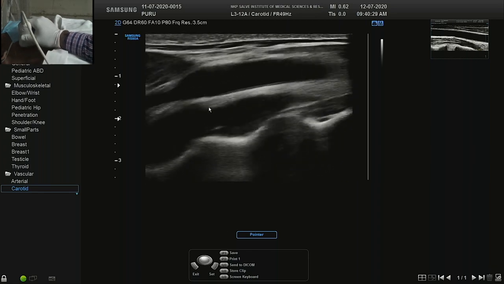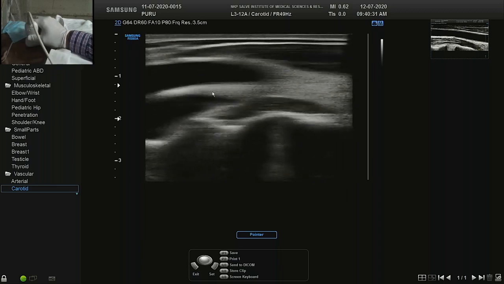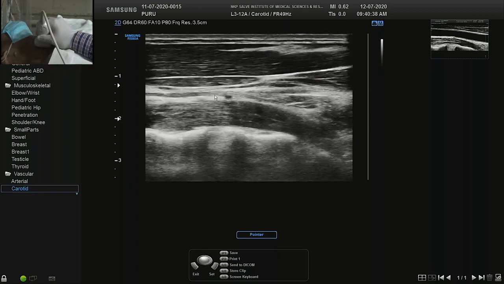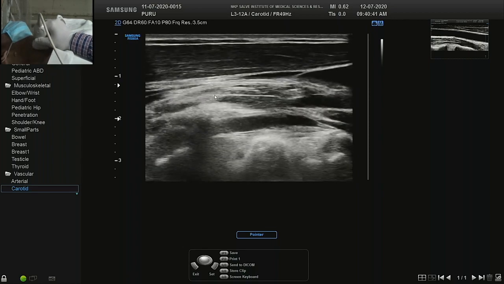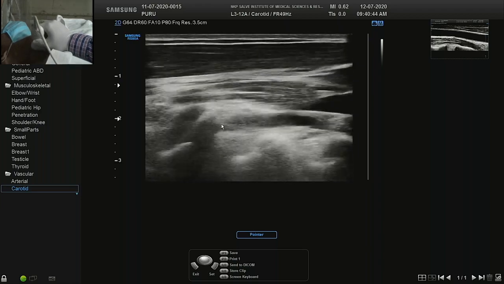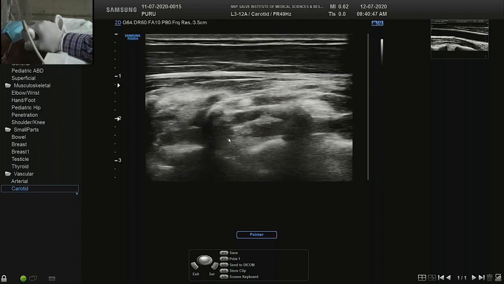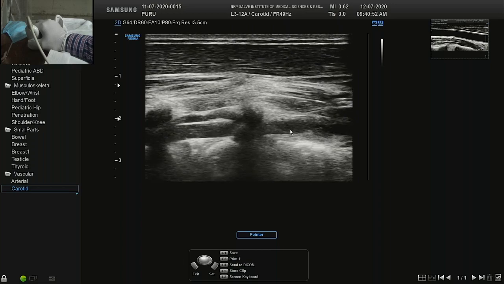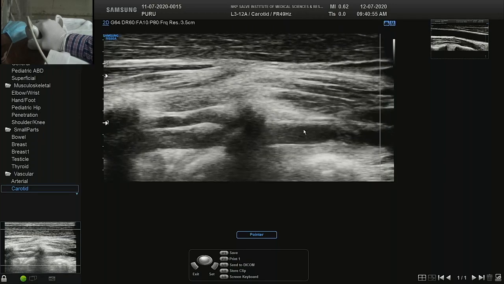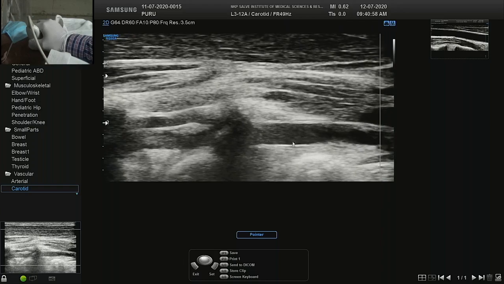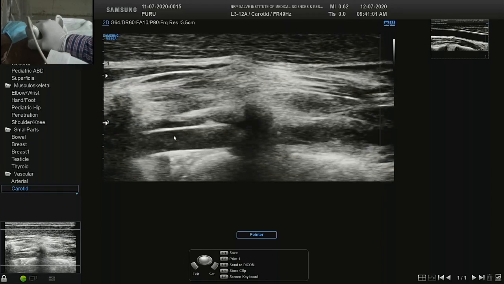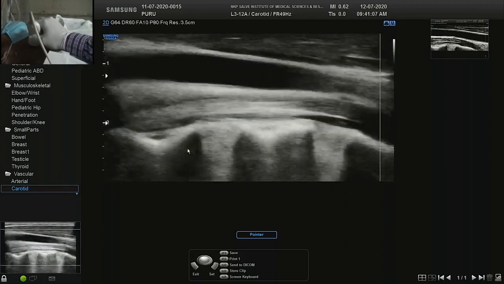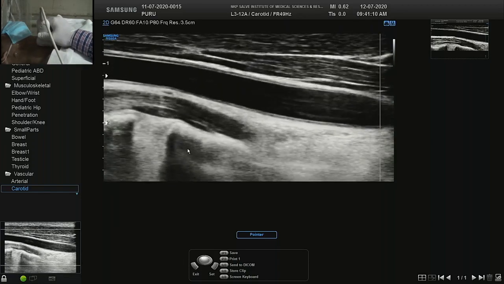So the bulb region we have seen, the intima is very clear, no disease here. And when you see in a long section, you just move the probe laterally from the common carotid artery, and you can see the vertebral artery very nicely in between the acoustic shadows of the transverse process of cervical vertebrae. So this is a vertebral artery. Again, see this, it is showing pulsatility. Can identify that this is a vertebral artery. Vein may be nearby. So we have finished the B mode survey of carotid system on this side.